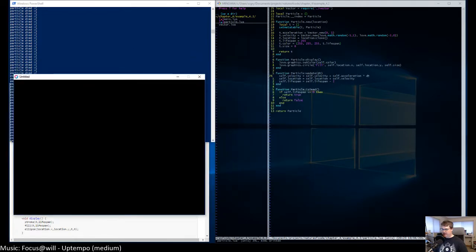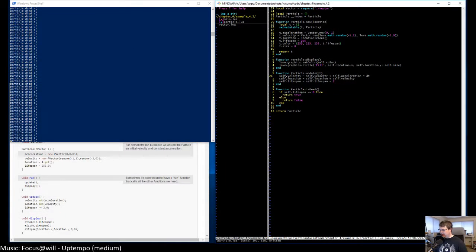What I'm not seeing is the lifespan go down. Or rather, I'm not seeing that this set color actually work. So what I'm going to do is I'm going to change this to T dot, what is it? Red, green, blue, red.